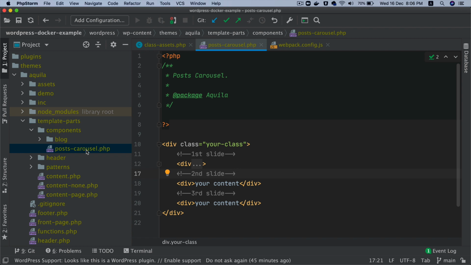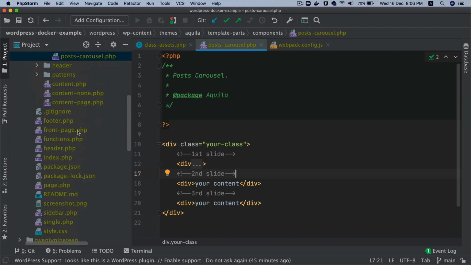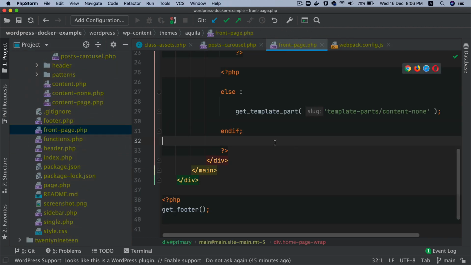Now, where do you want to include it? That's the question you need to ask yourself. Where do I want this carousel? So for example, I would like to have it on the home page. Okay, so I've already created a front page. So all I'm going to do is just go over here, and then down at the bottom,